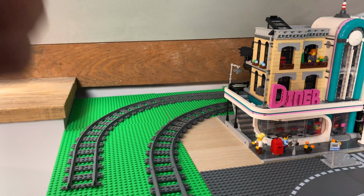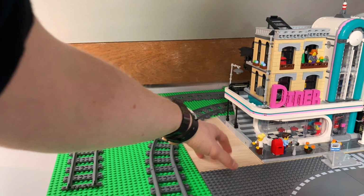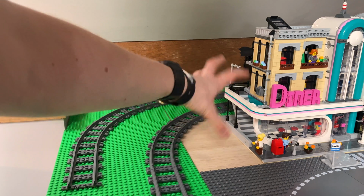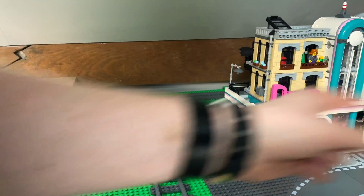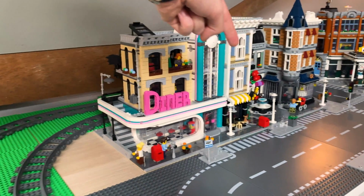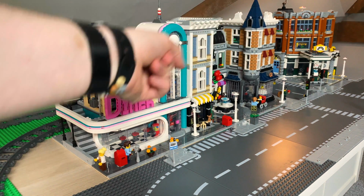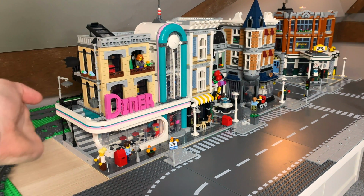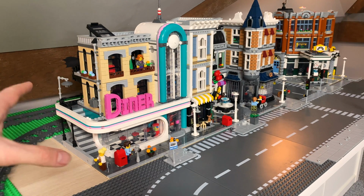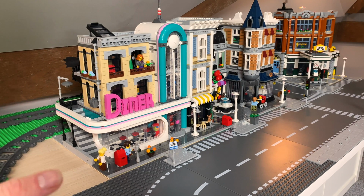So with that there, it means I can still have something here to make it look a little bit nicer. Maybe some sort of off-road car park, or just some nice trees and stuff, which is where I thought Birch Books would work quite well. So maybe I might move Assembly Square, because this is a base plate and a half, and have two normal modulars and then Birch Books, which could go on the corner, which has that nice tree to give it some movement around the area, and a little bit hidden,